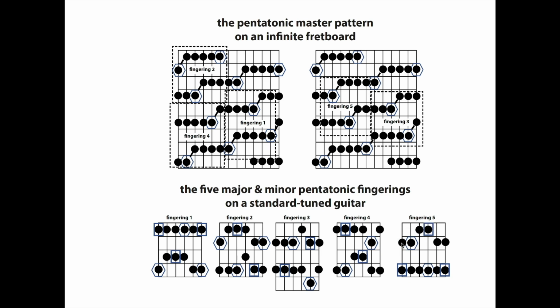Fingering 5 starts with the second of the 3 1 3s in the bass, and then on the 5th string, that flat 3 of minor, or tone center of major in a hexagon, goes up diagonally to start over the 1 4 1 4 1 3 1 3. Of course, those 2 1 3s are 1 fret towards the body of the guitar. So that's how the master pattern manifests on the